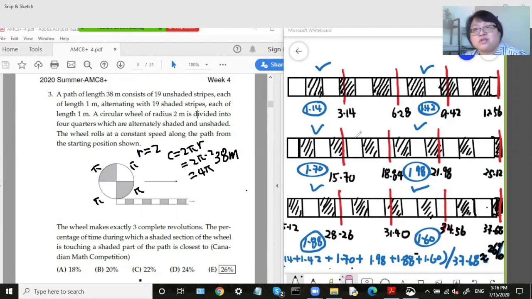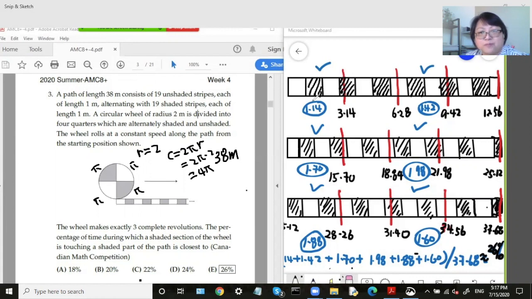So I draw 3 strips like this. Okay, analyze this situation. 1 strip is 1 revolution of the well circle. And during this 1 revolution, actually we only have 2 shaded parts touch the strip, right? So I checked it here, blue check. So during these 2 intervals, we have all shaded area of the well circle, but we only have this shaded